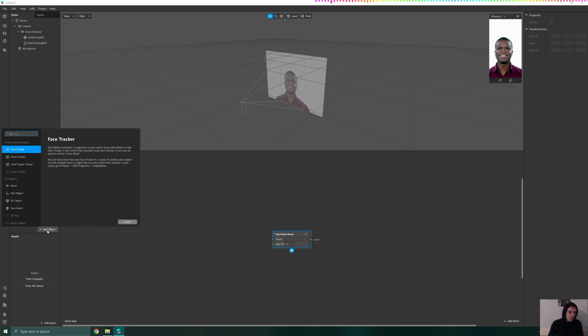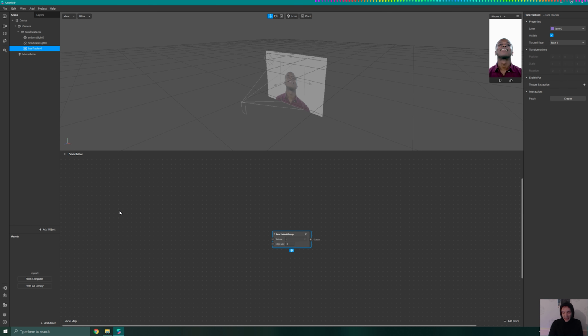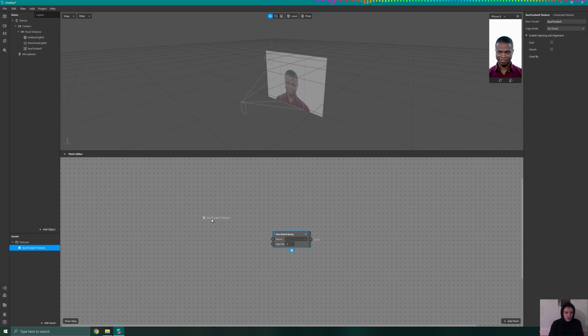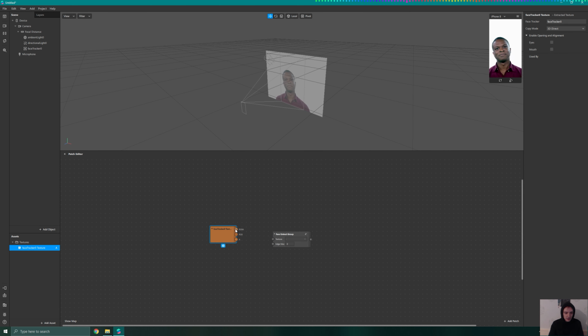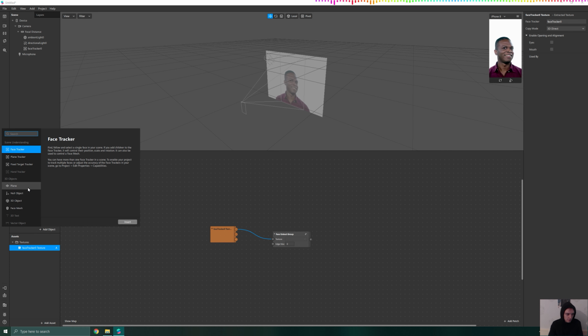So to get our texture, I'm just going to add a face tracker, and this is as far as we're really going to get today. Setting this up, we won't see the eyes and mouth and duplicating those until the second part of the video. So with our face tracker selected, I'm going to go to texture extraction. This will create our face tracker texture. I'm going to drag this into my patch editor and link the RGBA to the texture on the face extract group. And just to show it working, I'm just going to add a face mesh